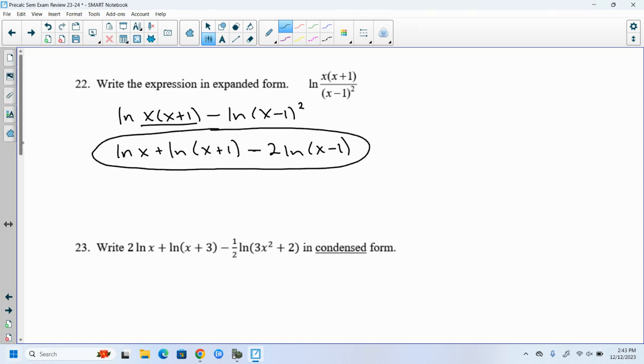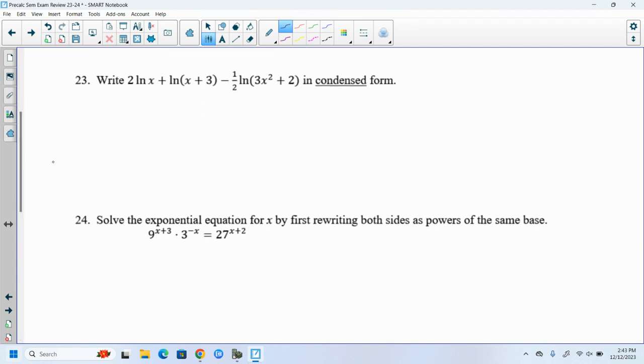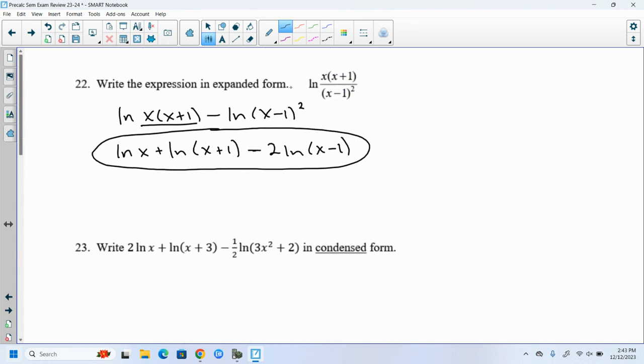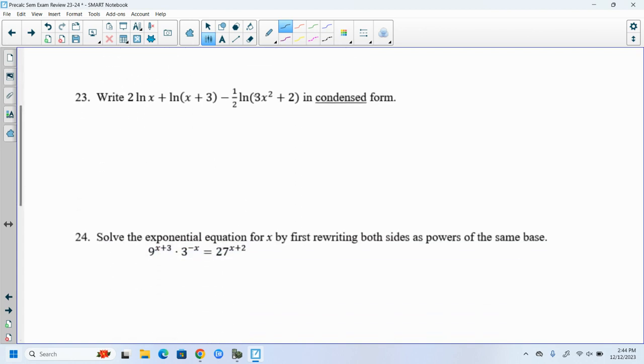All right, go in the opposite direction. Write it in condensed form. All right, so in condensed form, biggest thing, it is a single ln and then an expression. Okay, you cannot have multiple logs or multiple natural logs when you are going to condensed form in this problem. So we take any number on the outside, we make them powers. So it's going to become the natural log of x squared, that 2 will become a power, plus the natural log of x plus 3, minus that 1/2 becomes a power,